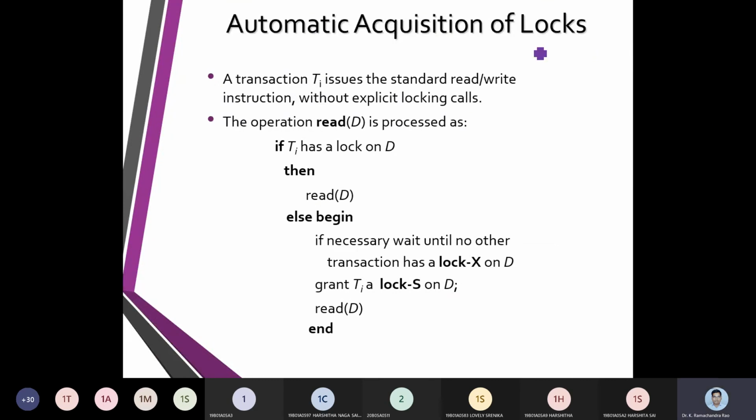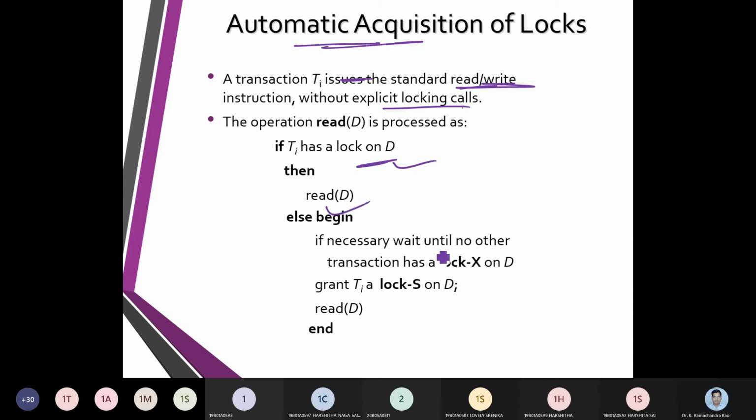Now, here is an example which we call automatic acquisition of locks. How are we going to get the locks automatically, and why do we need to do that? We need to make a read operation or a write operation without explicit locking. How can we do it? First of all, we make a read operation on the database.